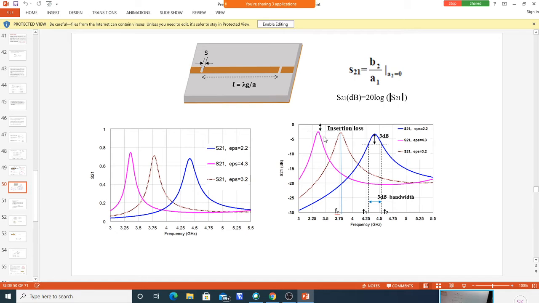Even if it gives a resonance at some particular frequency, the insertion loss may be more. That means your network is not good. Most of the power is dissipating in the network as heat. It is a waste of energy. So you should see this. You should try to design the network such that this insertion loss is as minimum as possible. So from the S parameter, you can come to know it is acting as a resonator.